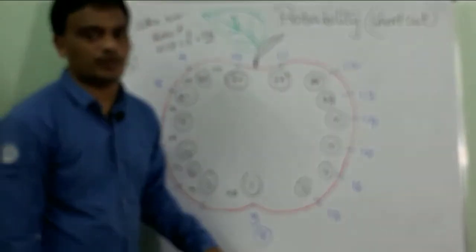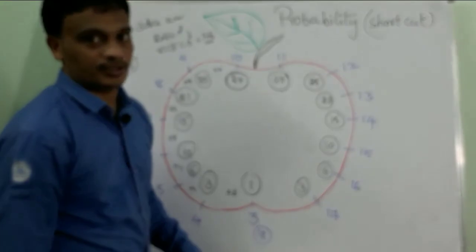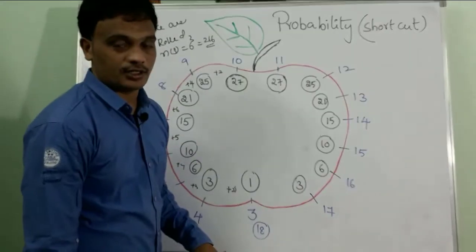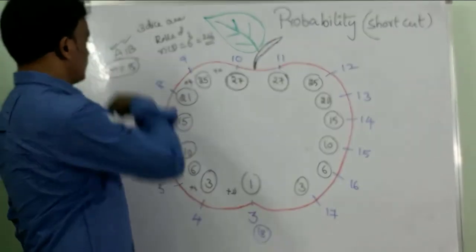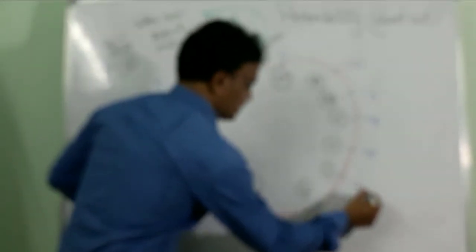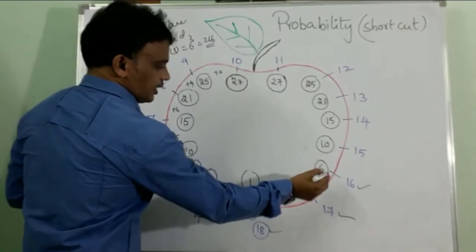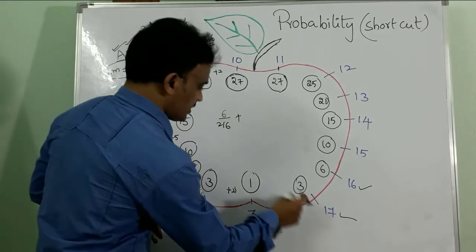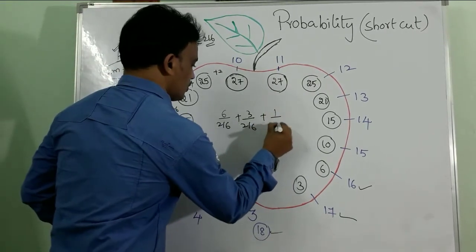Then they will ask the question, what is the probability that the sum for B is more than what person A got? Understood? So the sum of the 3 numbers for B should be more than that. That means indirectly they are asking whether the sum of 3 numbers for B is either 16 or 17 or 18. From this we will quickly get it. Sum is 16, that means it is 6 out of 216 chances. And this is for 17, 3 out of 216 chances. And 18, this is 1 out of 216 chances.